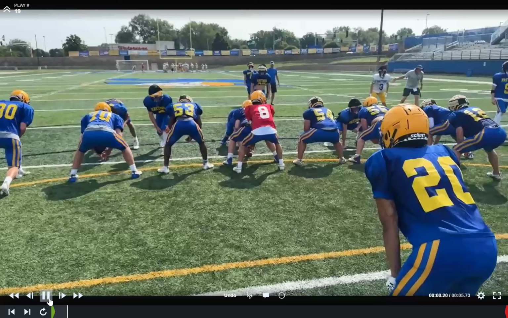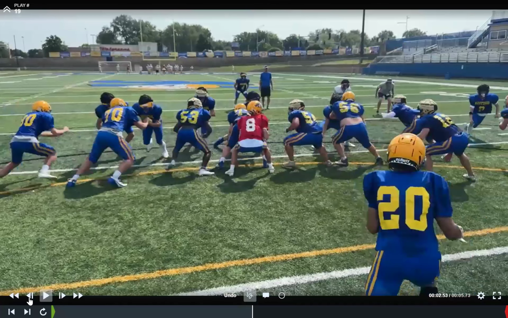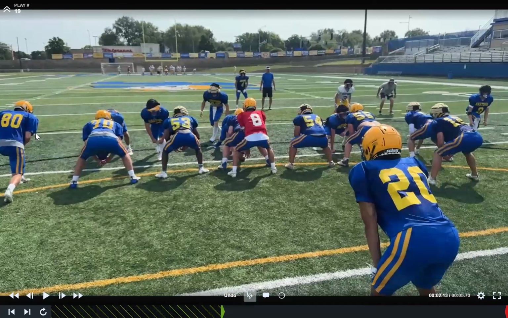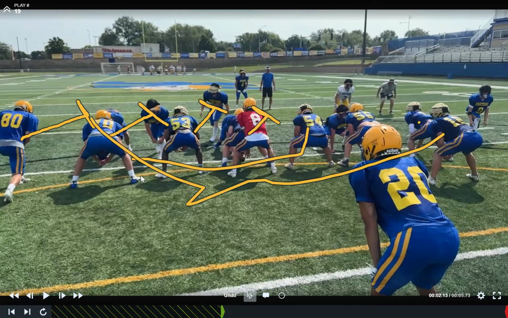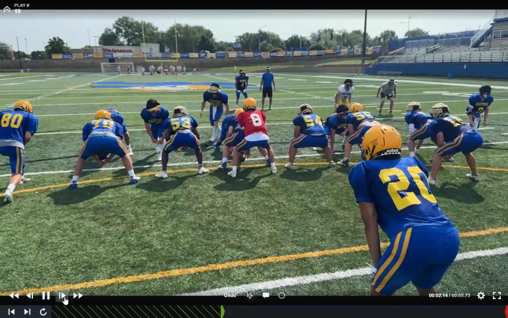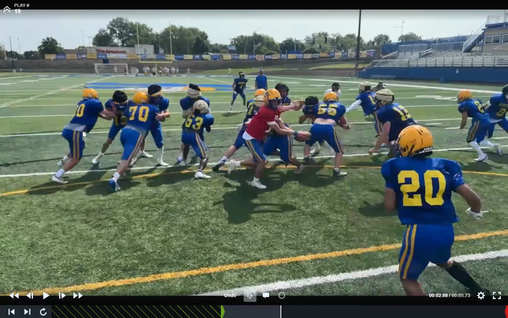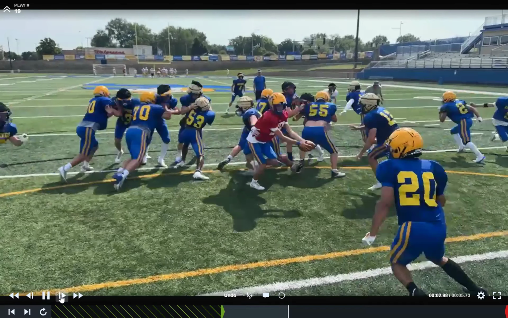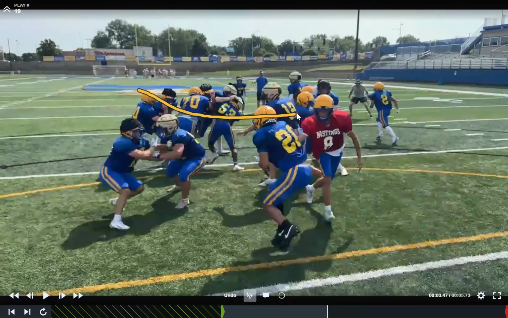I think we fix it this next play here. So look, here's what it should look like correctly. Block the C gap, block the B gap, block the A gap, block the A gap, pull, and then pull as well. And we got to wheel and seal the backside. Okay, watch. Down, down, down, down. We're all gap accountable here. Okay. We all have now created that wall.